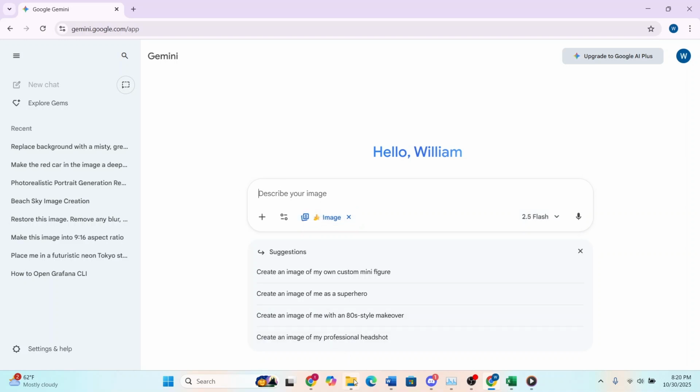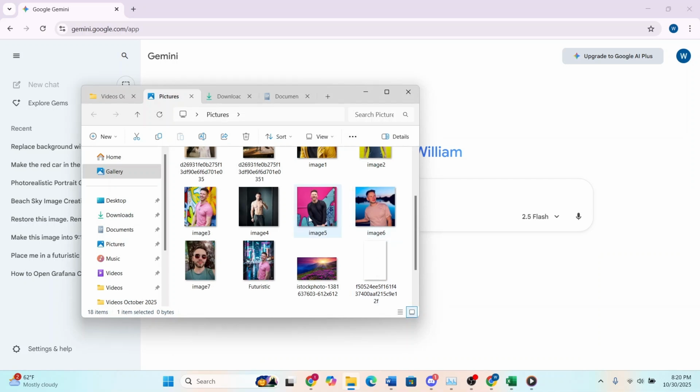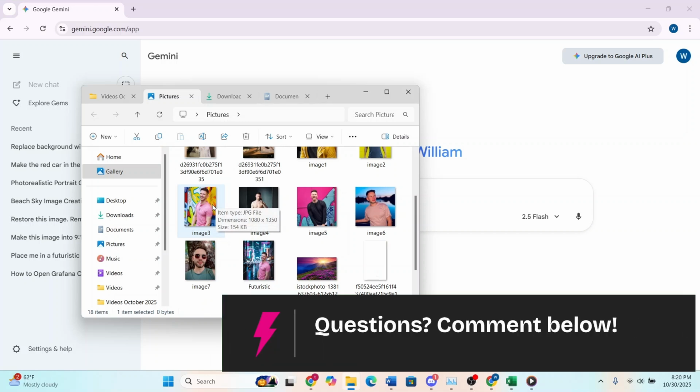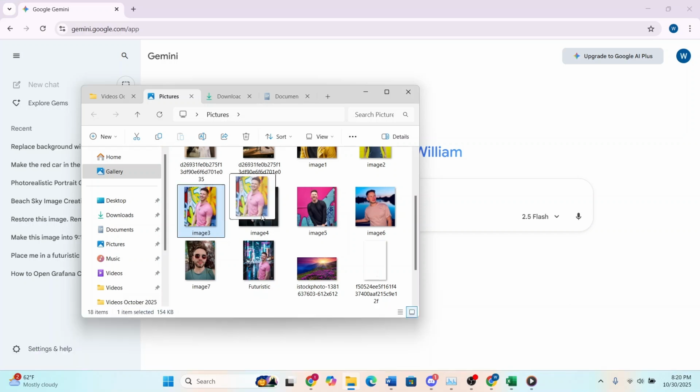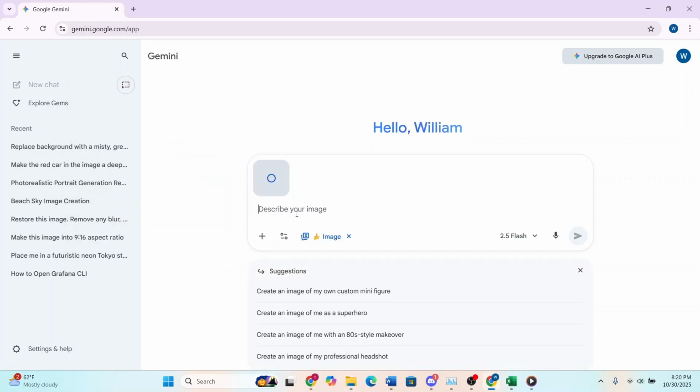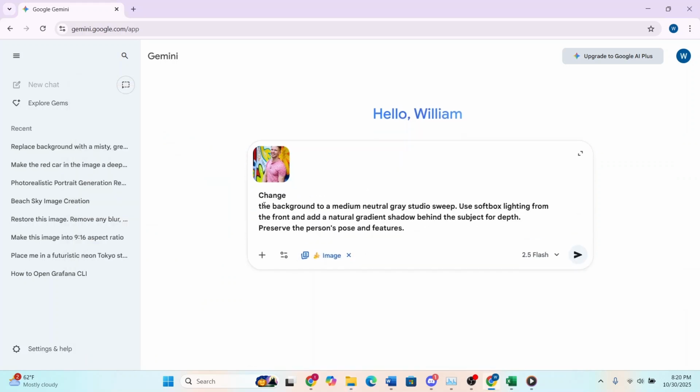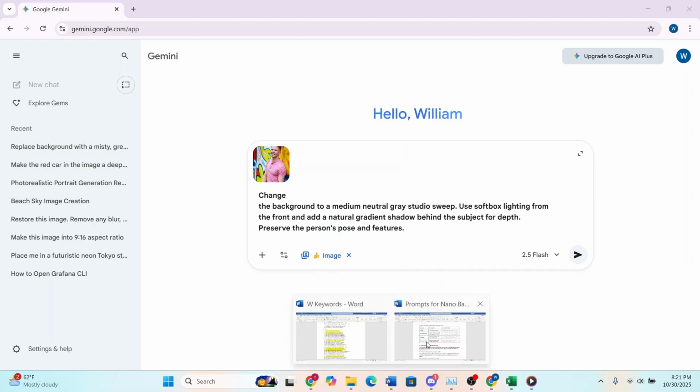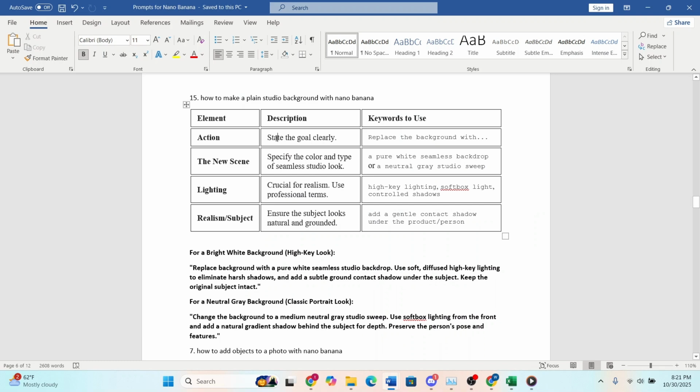And then just go to your file explorer, get the image you want to get the plain studio background for. Let's do this one. We'll drag and drop it right here into Gemini, and we'll use a prompt. So this is my prompt that I'll use. I will leave the prompt in the description so you can go ahead and use it as well, and I'll show you